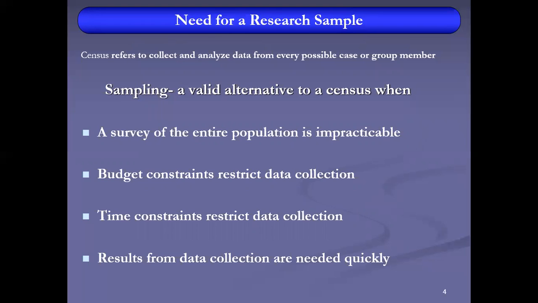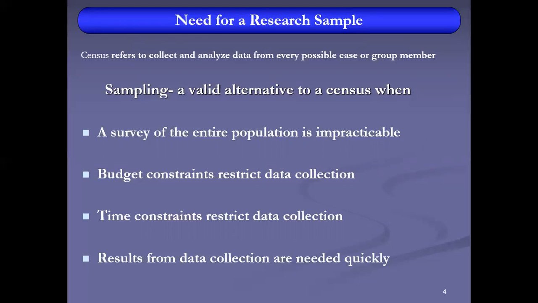Census refers to collecting and analyzing data from every possible case or group member. If the population is small, we can use a census and collect data from every respondent. We have no need to select a sample if the respondents are low in number.